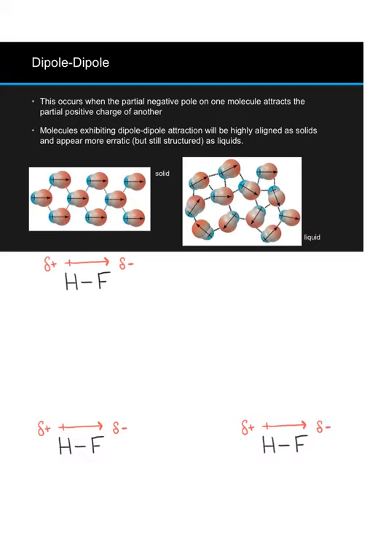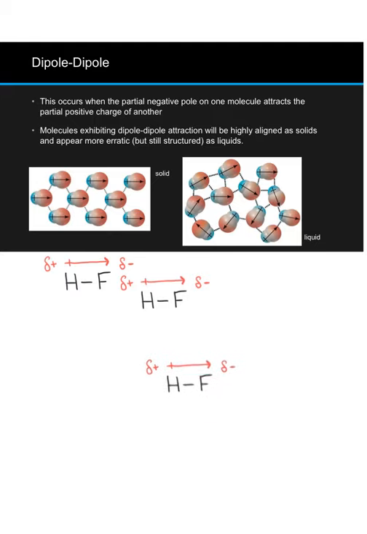When these three molecules get close enough to each other, they're not going to want to align in a way where positive and negative charges are adjacent, because like charges repel each other. Instead, it's more likely that these hydrogen fluoride molecules will align in such a way that opposite charges are next to each other,